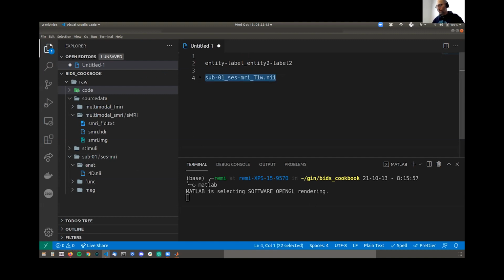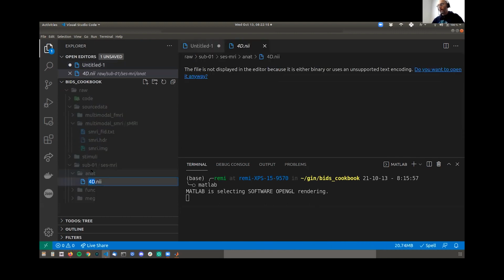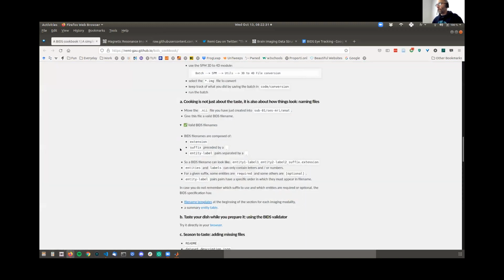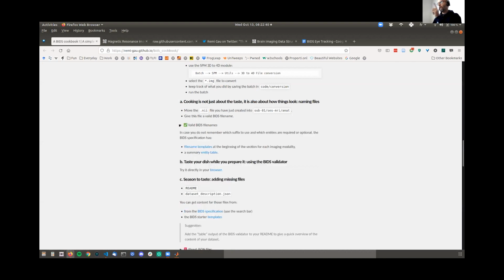So now we can just rename our file here. Okie doke. So nope, there's an extra extension that just came in here that I don't need. There we go. All right. So entities required, yeah, they must come in a specific order. Okay, I think so far we're doing good.